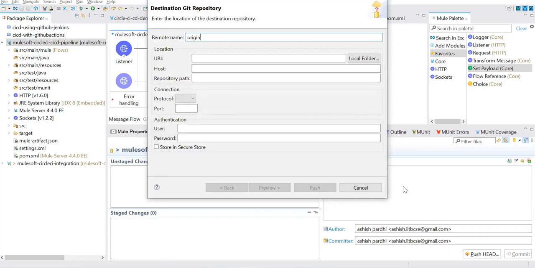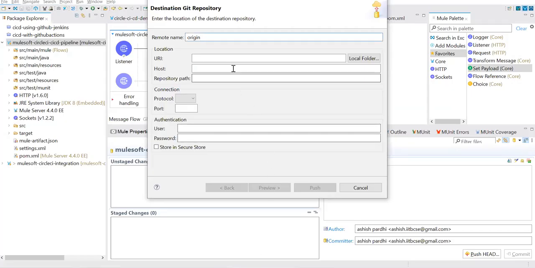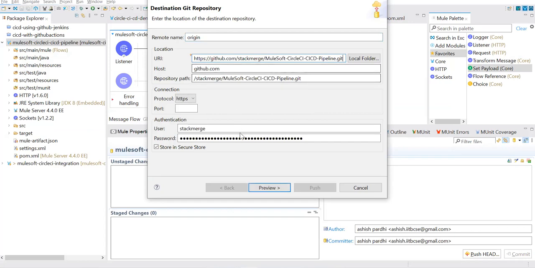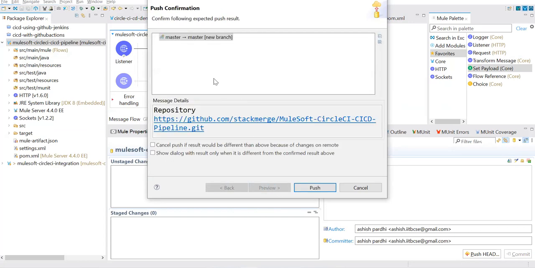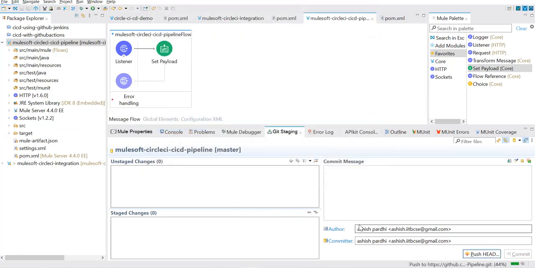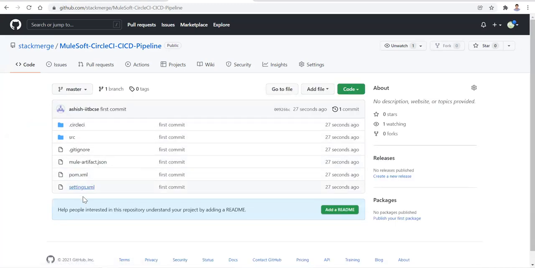Say commit and push. Here we need to give our GitHub repository link. Let me copy this, go back here, paste that link, say preview. So our code is checking into the master branch. Push it, close. Now if you see our code repository, refresh it, it was empty earlier. Now everything is ready here.